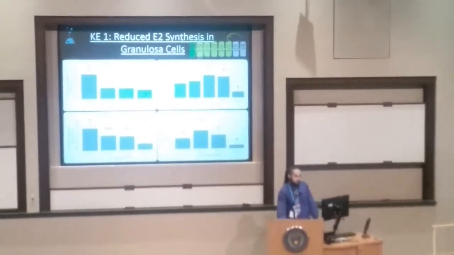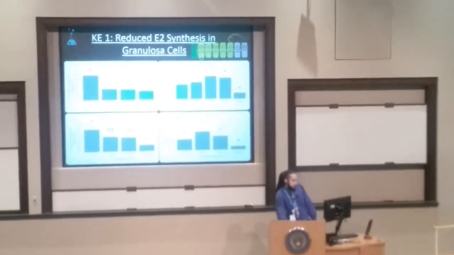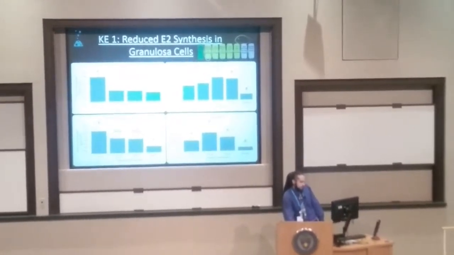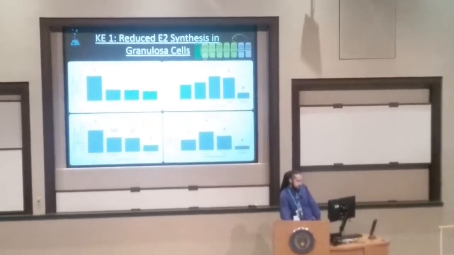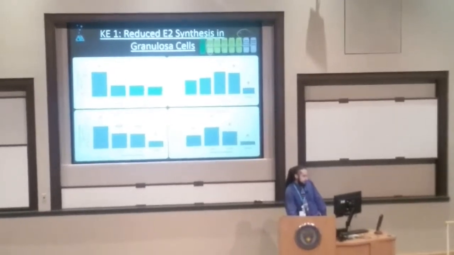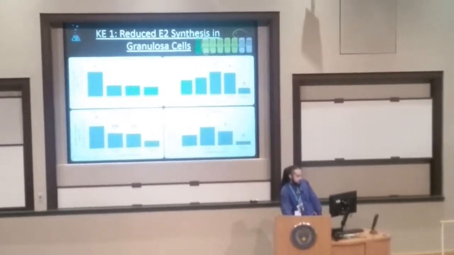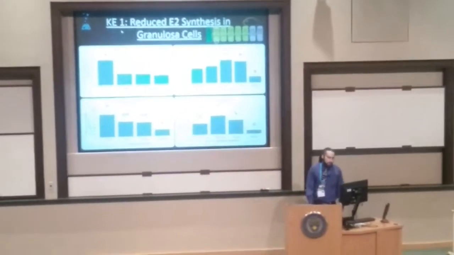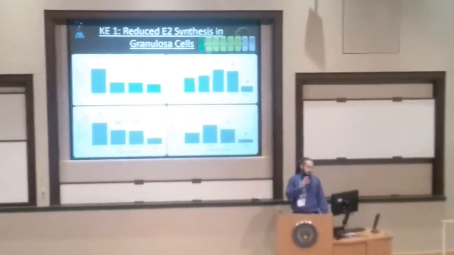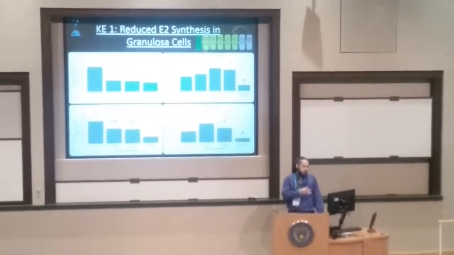So for our first key event, the reduction in E2 synthesis. Real quick, all these graphs are pretty much the same. We have a 24-hour exposure, 60-hour exposure, 10-day exposure, 21-day exposure. Significant difference is indicated by different letters. What we're testing for is on our y-axis, and Mazalil concentration is on our x-axis. So when seeing this event 1 works, we check and we see a